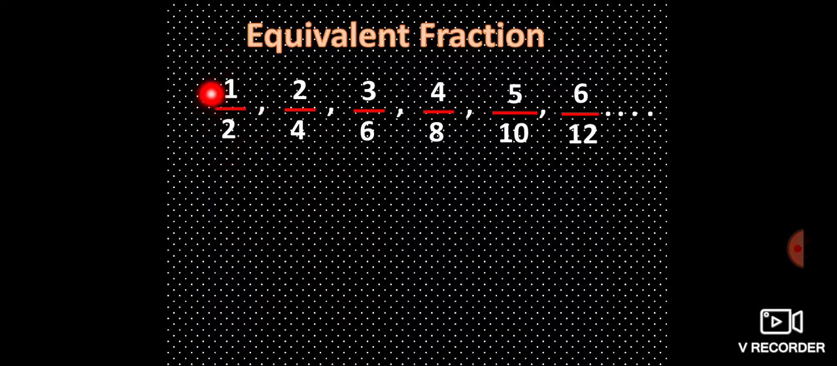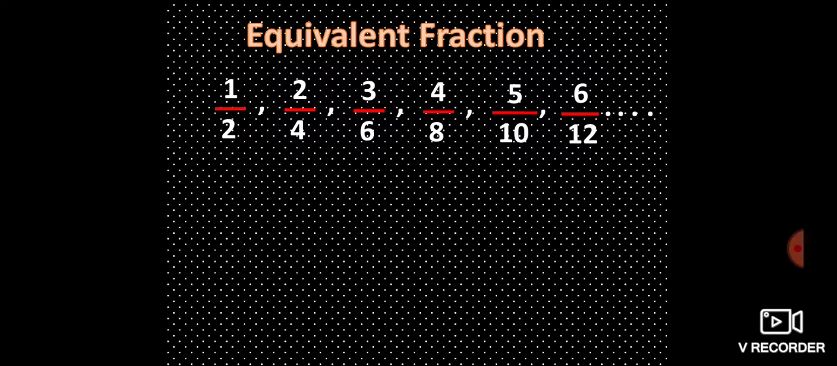Yes, we can see the speciality. That is, 1 by 2: when we multiply the numerator 1 with 2, that is 2, and also the denominator with 2, that is 2 into 2 is 4. Then next, 3 by 6. When we get 3 by 6, we multiply 1 into 3, 3, and 2 into 3, 6. That is 3 by 6. And 4: 1 into 4, 4; 2 into 4, 8. 5 by 10: 1 into 5, 5; 2 into 5, 10. Here 1 into 6, 6;